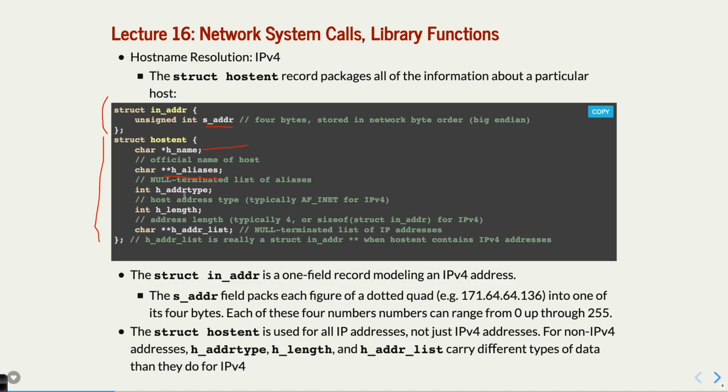Okay. The h_addrtype is going to be different depending on which type of IP address you care about. So in this case, we'll probably stick mostly with AF_INET, which means the internet for IPv4 addresses. Okay, and this is actually somewhat important. We'll see why when we get into the details of some of the strange polymorphism that they've jammed into C, as we see. Okay, and then here is a char star star h_addr_list, which is not really a char star star. It's basically a void star star. That should be a void star star.